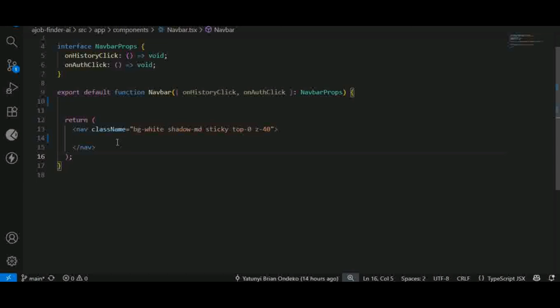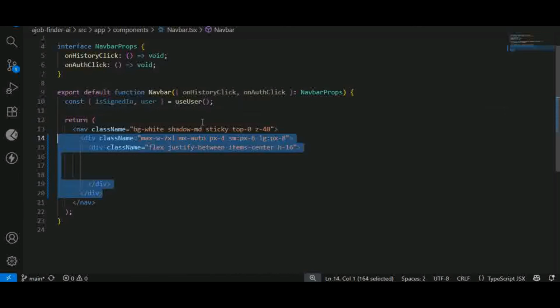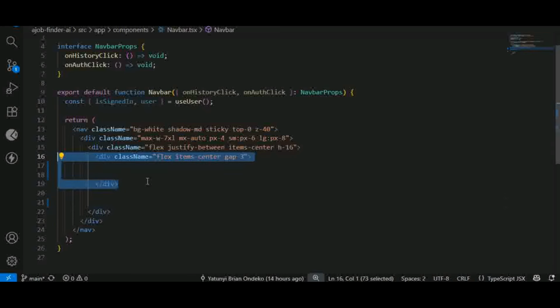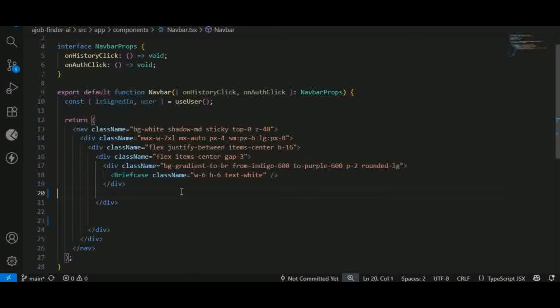And then include a return. This return is going to be covered by everything. It's going to be wrapped by the nav tags. Then we're going to have a const isSignedIn, and then pass also the user from useUser. Then include some divs, two divs like that. And then inside this main div we're going to have